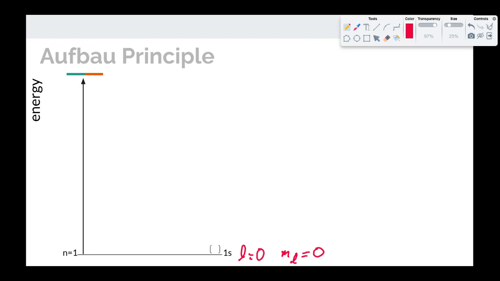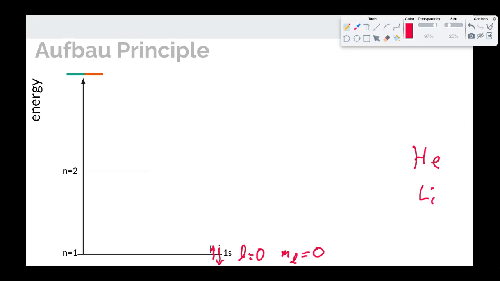And we can think about spin up and spin down almost by drawing arrows that point up and down. So if this is like helium, for example, that's where the electrons would be. Both electrons would be in that single orbital in the 1s. But if you move to lithium, well, now we have to have another space for that additional electron. So we have to move up to level 2.